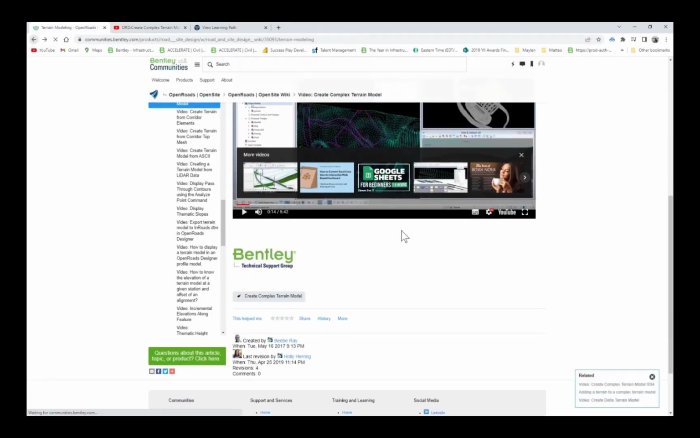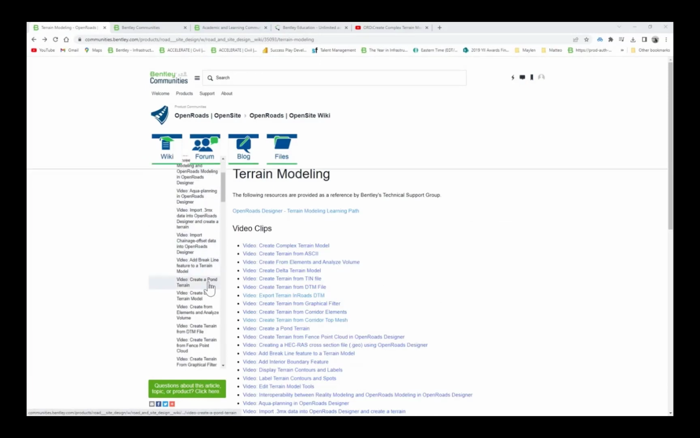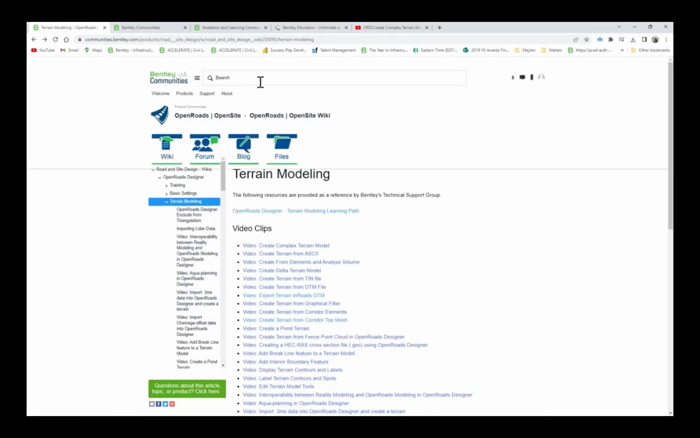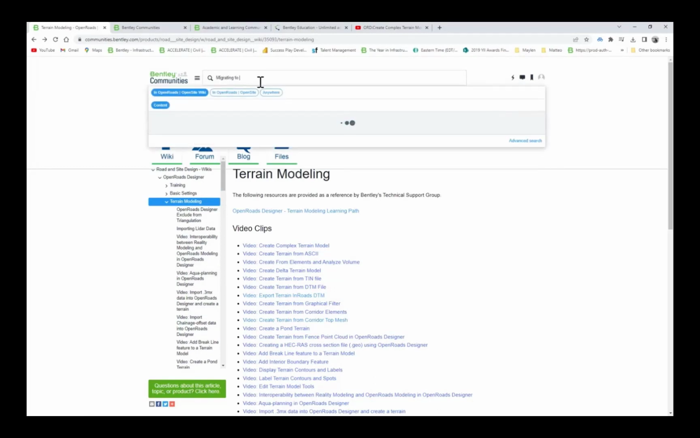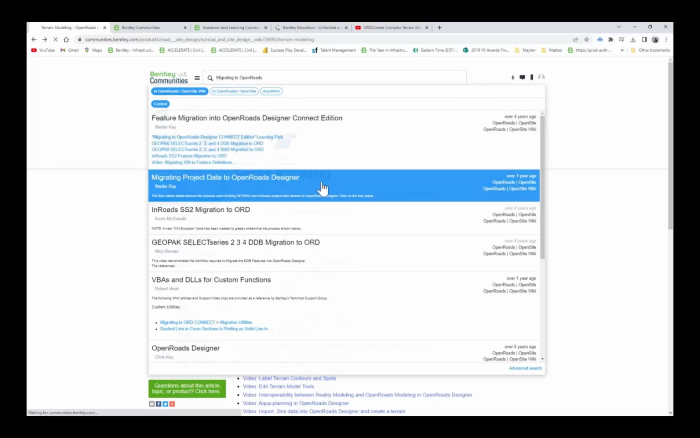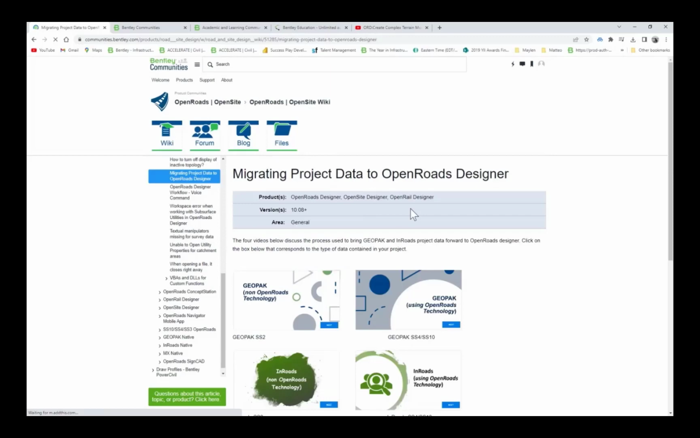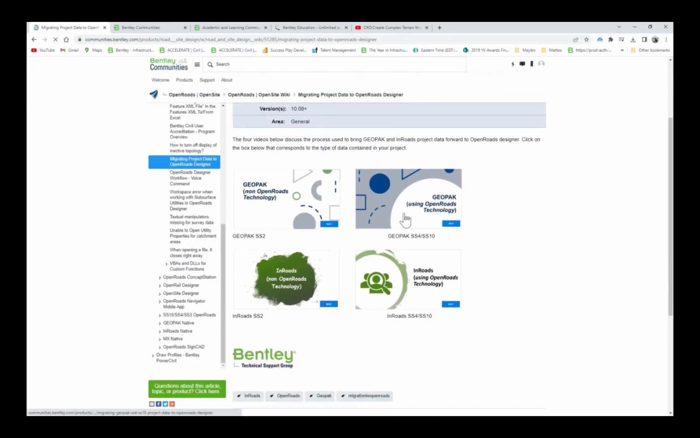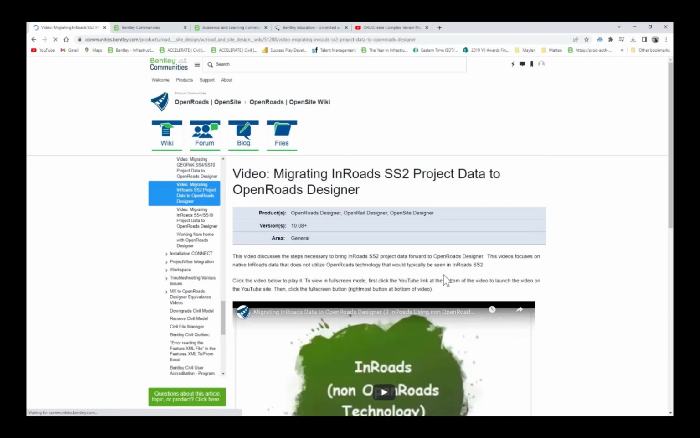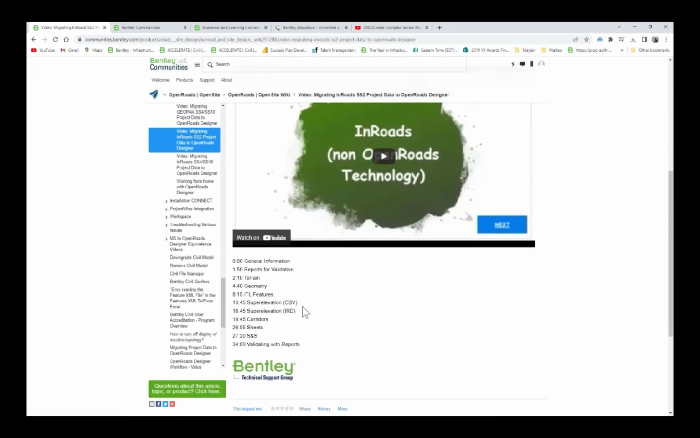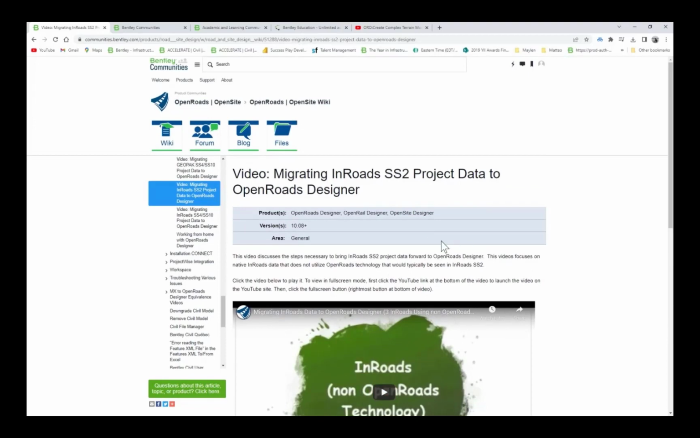Then all the rest, you can just click on other links, and again it's either pointing to YouTube or other resources. Now if you happen to have a particular topic in mind that you want to get to know, for instance migrating your project data to OpenRoads Designer when you're coming from other legacy Bentley software like InRoads, it also gives you a specific topic or a link from where you can learn